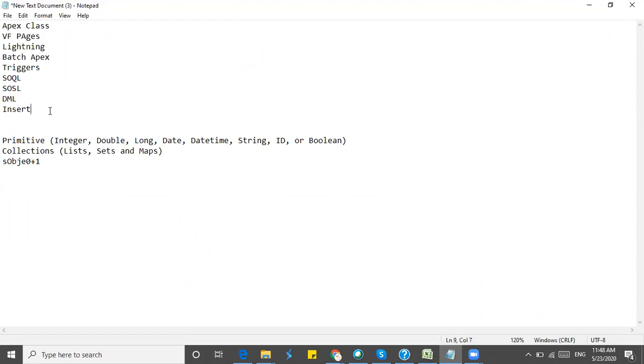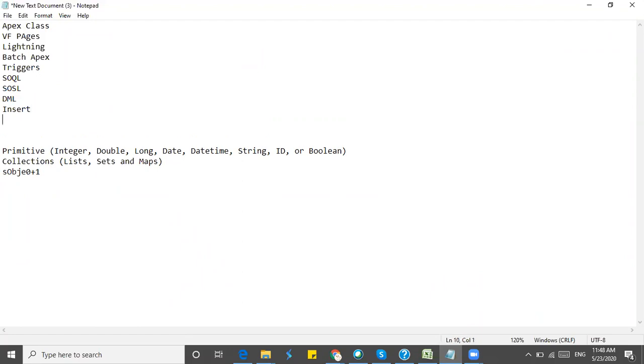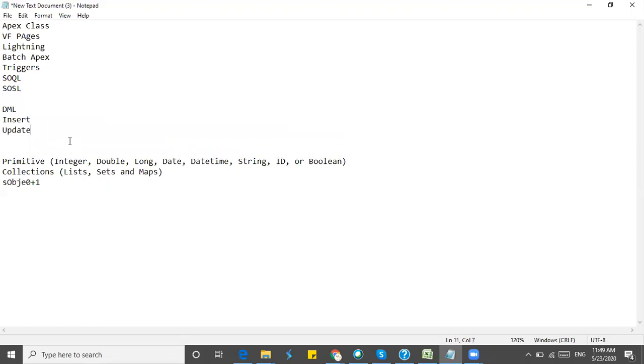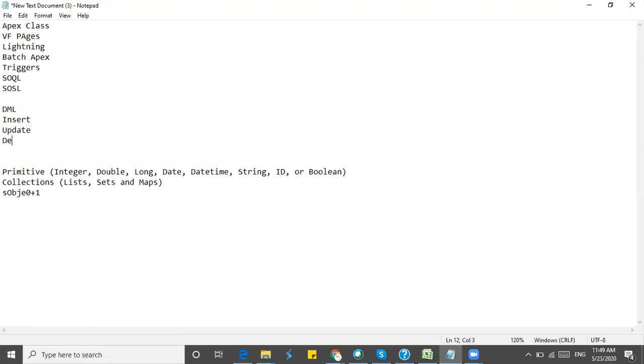This is the operation for inserting new records. If you want to update some records, this is the DML operation for updating records. And if you want to delete, we write delete. This is the delete operation.